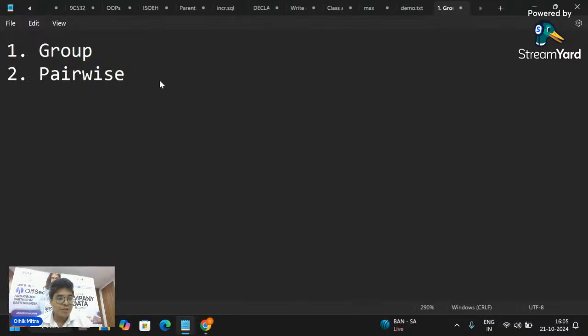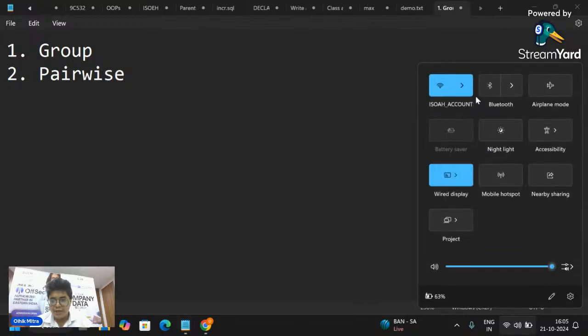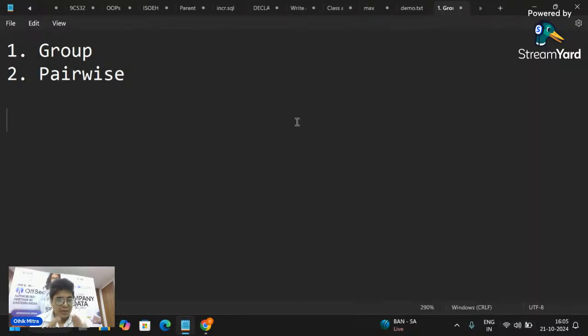Group means the identity should be the same or interrelated. In this case also, the clients connected to only one access point are in the same group. Suppose I am connected to ISH accounts; then me and any other devices connected to ISH accounts are in the same group.